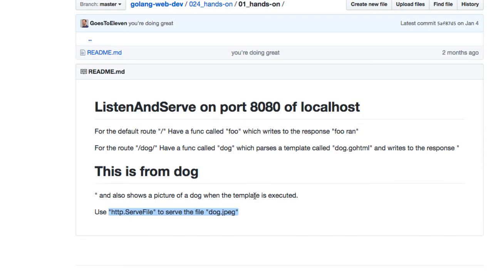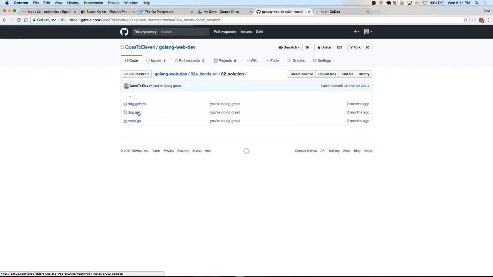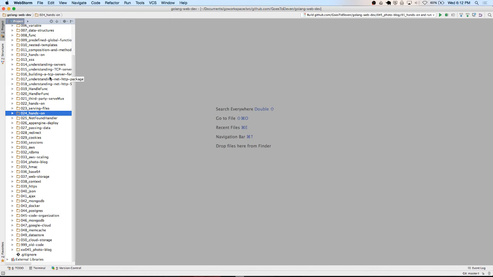Like, you guys can all build that now. So there are some nice hands-on exercises here. And then the solutions are here, so you can see the solutions. That would be like the next step if we're sequentially going through here. And we've seen the not found handler before, so I'm just going to mention that. But instead of popping through each of these and explaining what they do, I think the next thing which would be valuable for you,